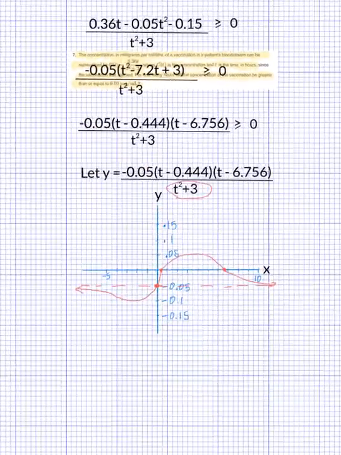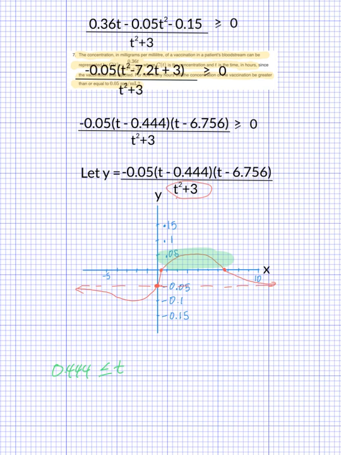It looks like it's greater than or equal to 0 all through this area right here, so t is anywhere between 0.444 and